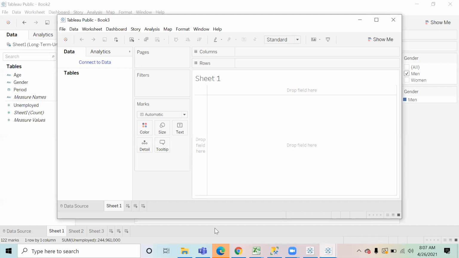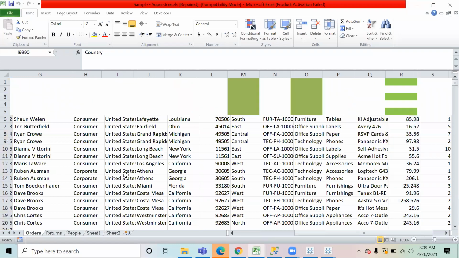I will also open and show you the data. Data is something you have already seen as well. This is the file that I have shared with all of you, Sample Superstore.